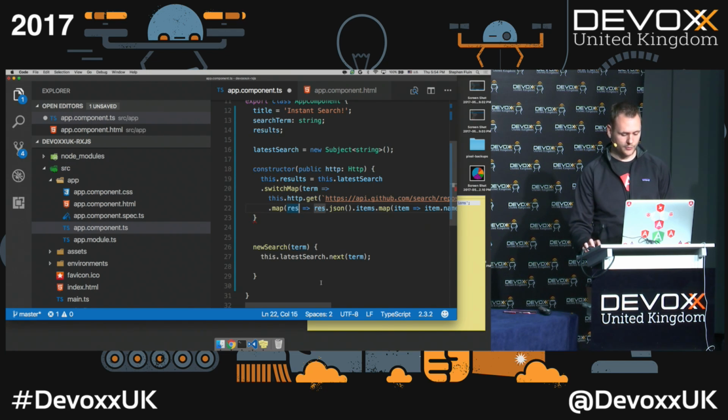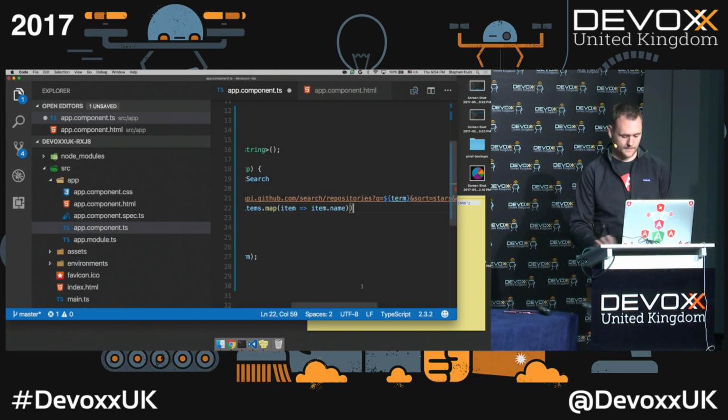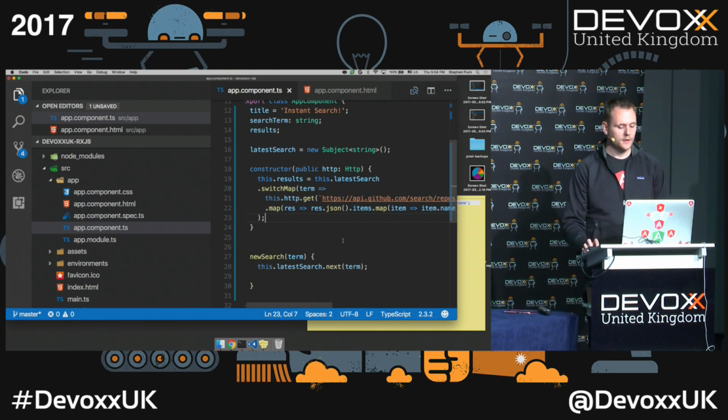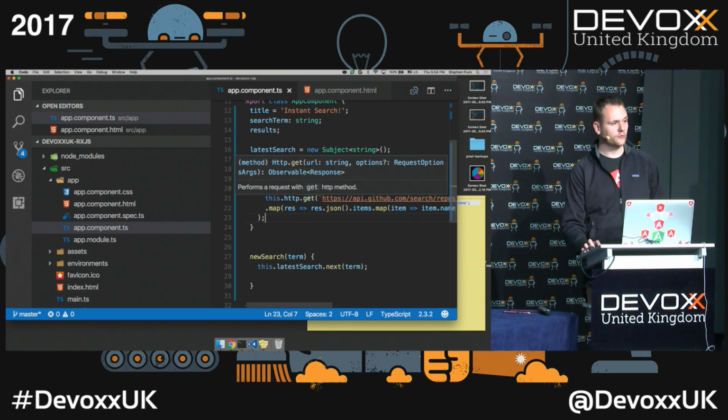And then we just need a closing parenthesis. So what did we do here? We took our observable of terms, and now we're switch mapping. So every time the term changes, we're returning a new observable, so a new HTTP response that gives us new